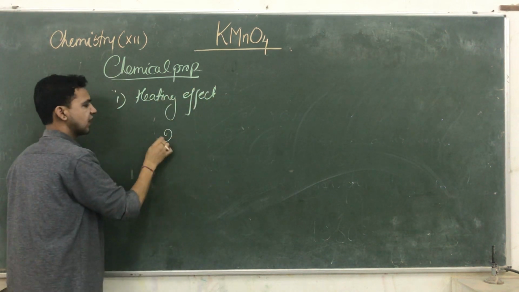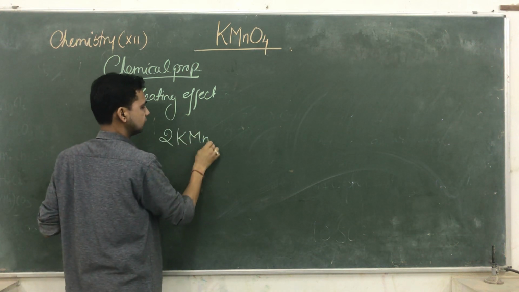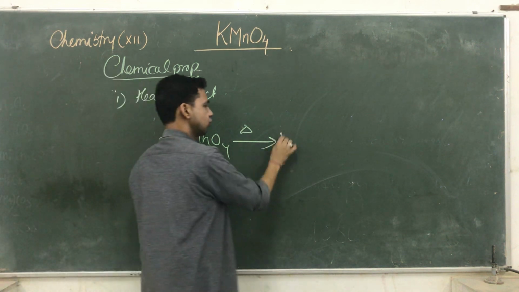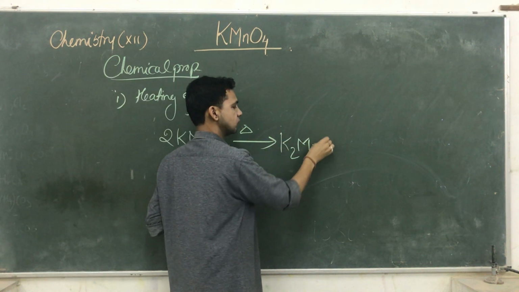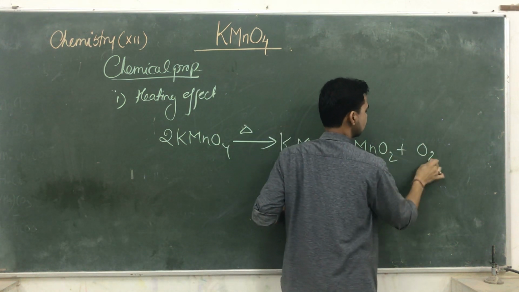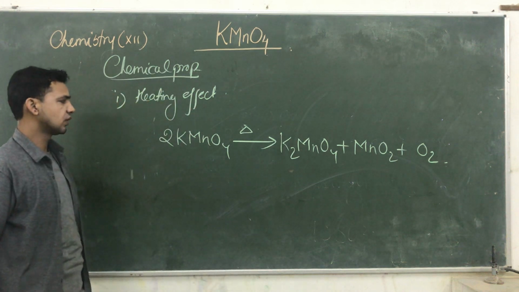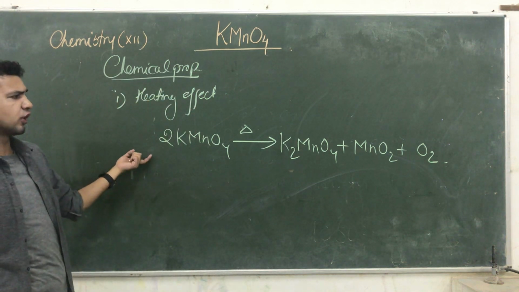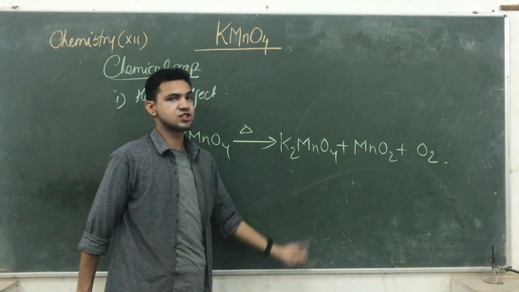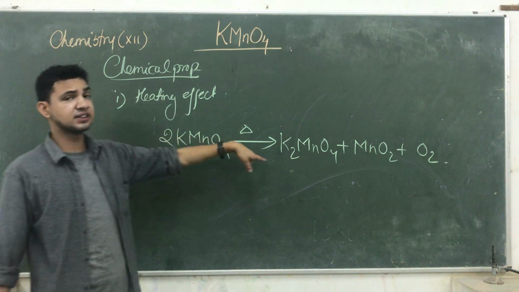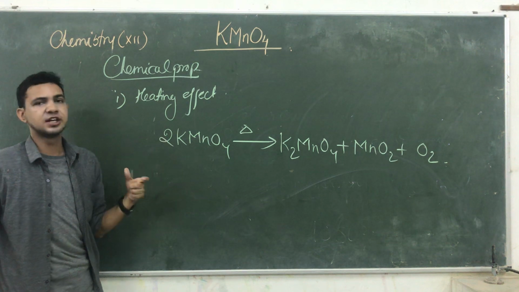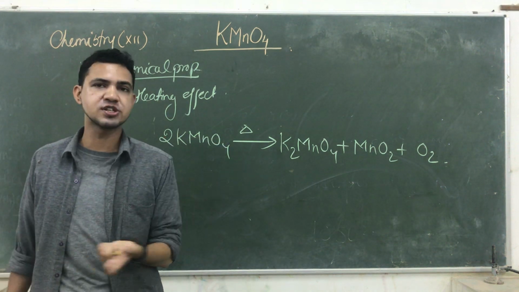In the heating effect, we take 2 molecules of KMnO4 and heat. It gives you K2MnO4 plus MnO2 and liberates a large amount of oxygen. Okay. So your oxygen is balanced: 4, 5, 6, 7, 8, and 4 times 2 is 8. So they give you potassium manganate. That is known as a potassium manganate compound. Okay, that is known as potassium permanganate. That is the heating process. When we heat KMnO4, it gives you such types of compounds.